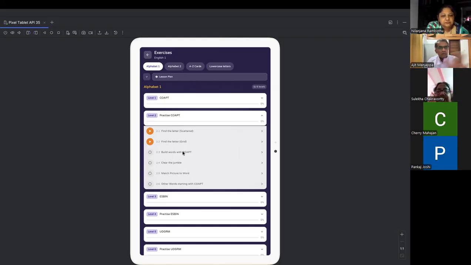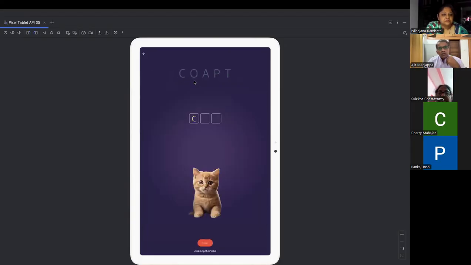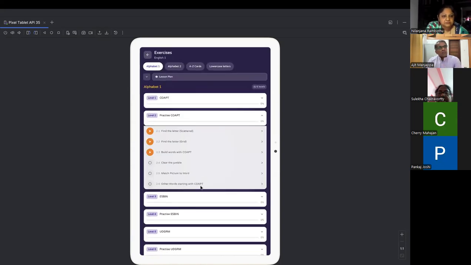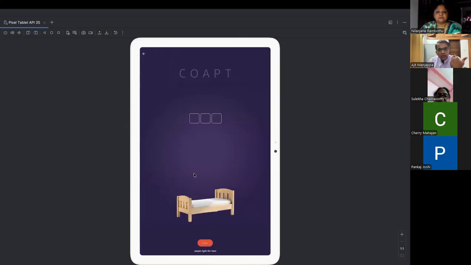The syllabus is set for the next 6 to 8 months. No need to worry about what to teach today, what to teach tomorrow, or next week or the week after. Everything is already set. And now there is one more thing here. Suppose my child is able to do CAT, cat. Even after doing it, maybe I myself realize he's able to do it only 3 out of 5 times. So this is a symbol for in progress. So the app, as soon as you make these words here,